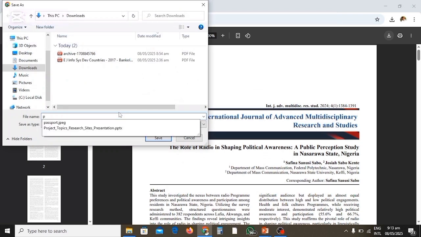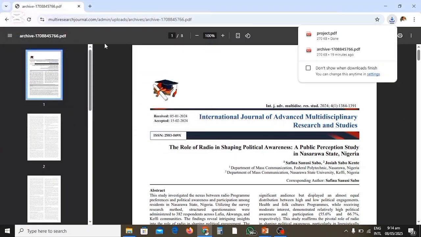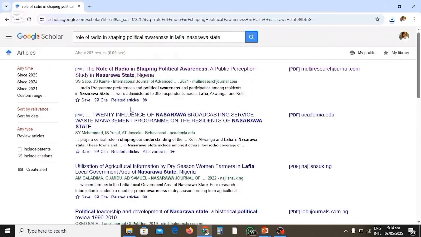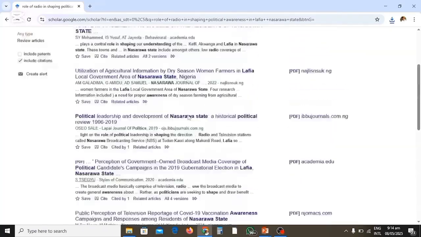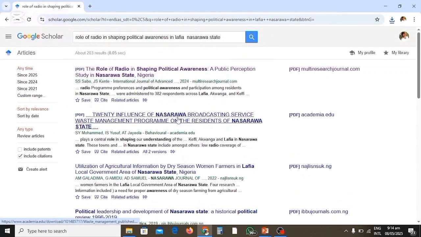Let me name it project. So I've named the material. I've saved it as project. So having saved the material as project, I'll go back to Google Scholar. So now there are a lot of materials. You can download as many as you want, but for the purpose of this tutorial, let's go with the first one we downloaded,